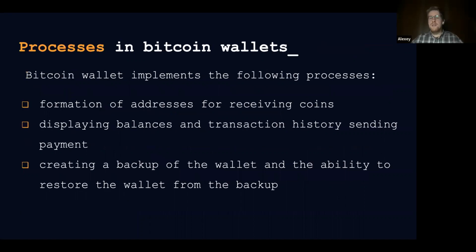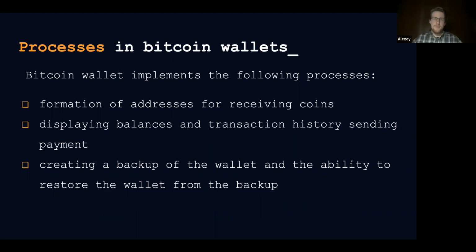Bitcoin wallets implement several processes. The first is generation of addresses for receiving coins. The second is displaying balances and transaction history after the payment is sent, and creating a backup of the wallet and the ability to restore the wallet from backup. Many wallets use algorithms that generate mnemonic phrases, which allow you to quite easily remember and recover your wallet, your key pair, based on this mnemonic